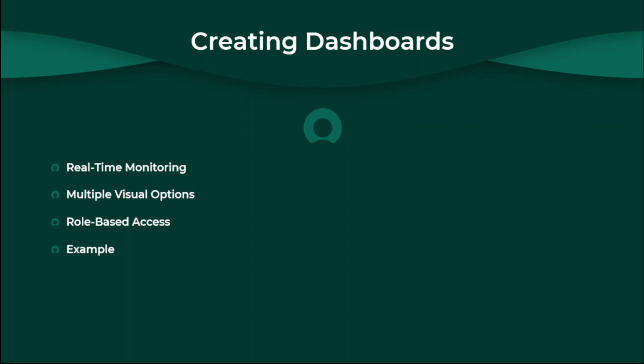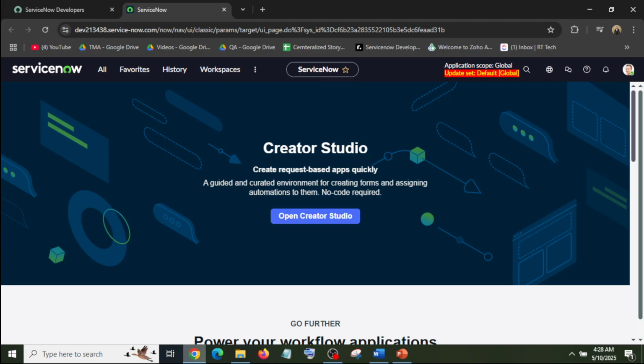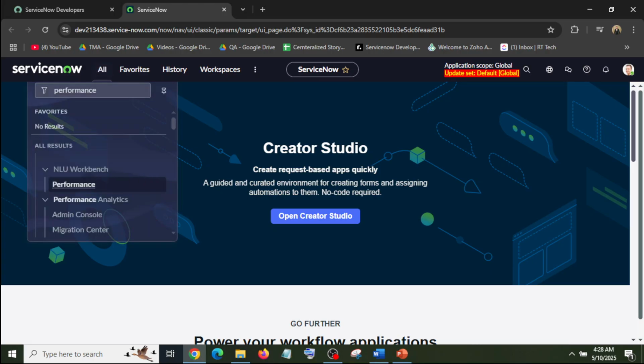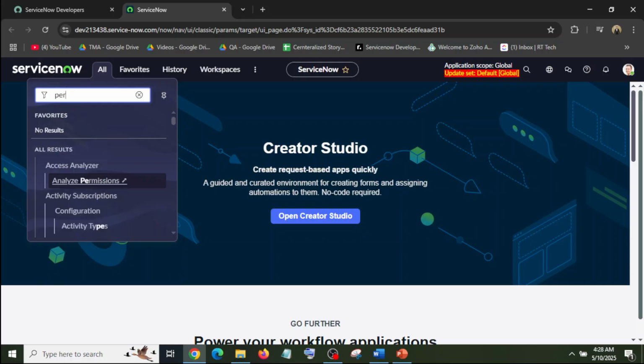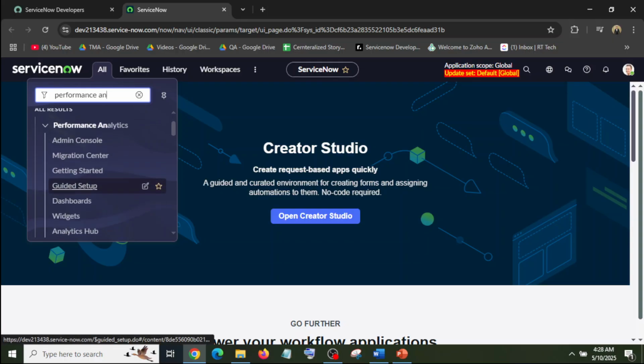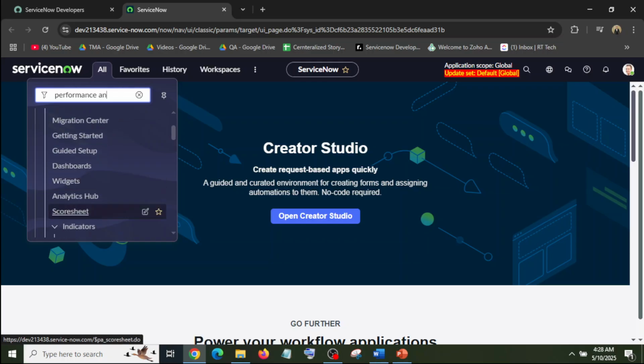So let's explore the dashboards on my personal developer instance. So this is my personal developer instance, and under performance analytics, you can see there are different options like guided setup, dashboards, widgets, analytics hub.